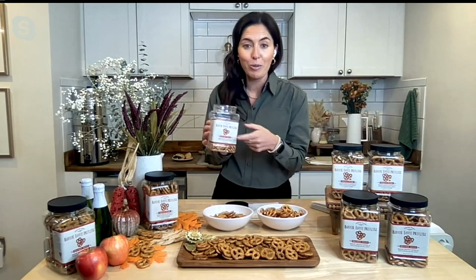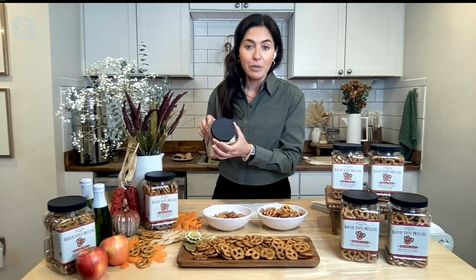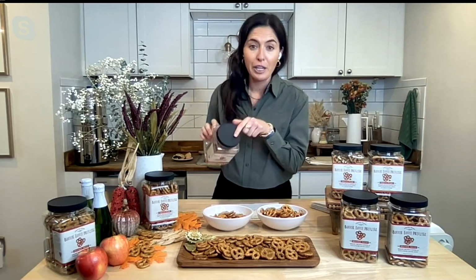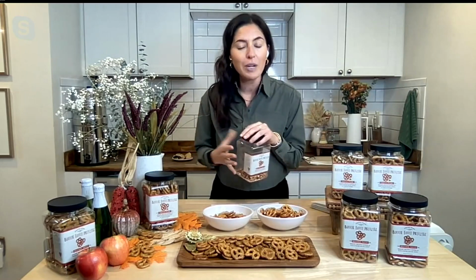These are completely transportable, again, in these 13-ounce jars with that freshness seal. You can lock this in, of course, even after the fact. When you take off that seal, these are still going to be locking in that freshness for another 3 or 4 weeks, because we have this nice cover. So this is such a giftable item, so incredibly versatile, but I really want you to know how incredibly gourmet